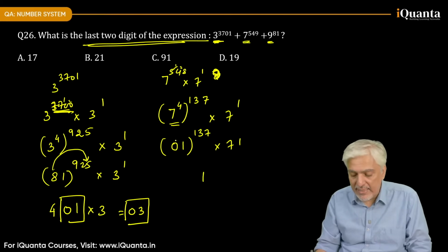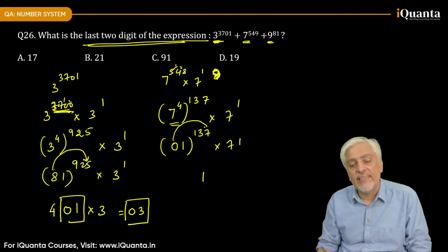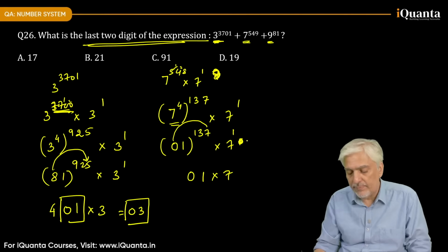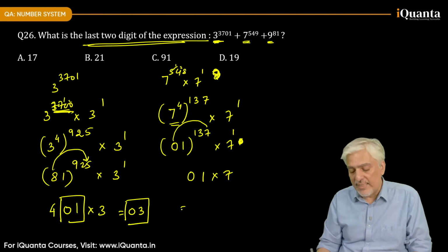1 will come as it is. 0 multiplied by anything is 0 into 7. तो आंसर इज 07।